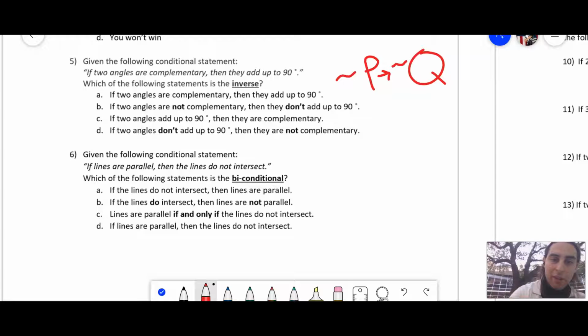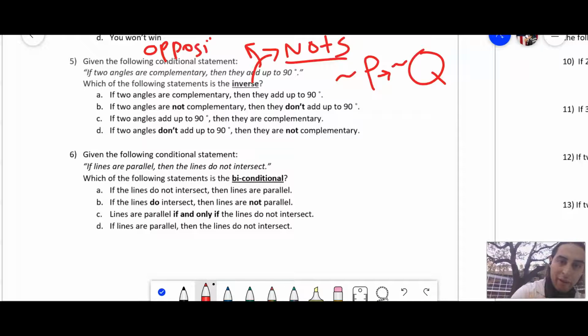okay? So basically, inverse is when you use nots. Or another way to say it is you do opposites, okay? It's important that you keep the same exact order, and you can use the word not to make it opposite. So here's the question. My sentence says if two angles are complementary. What's the opposite of complementary? Not complementary, right? So if two angles are not complementary,